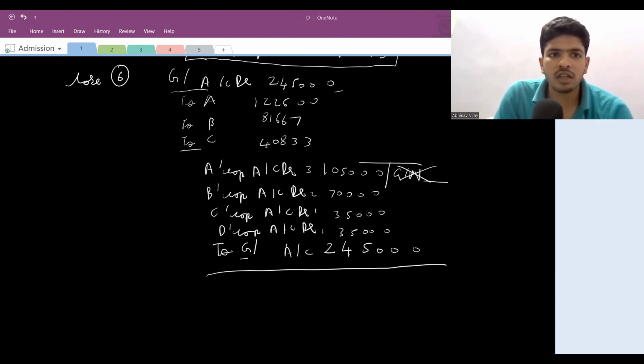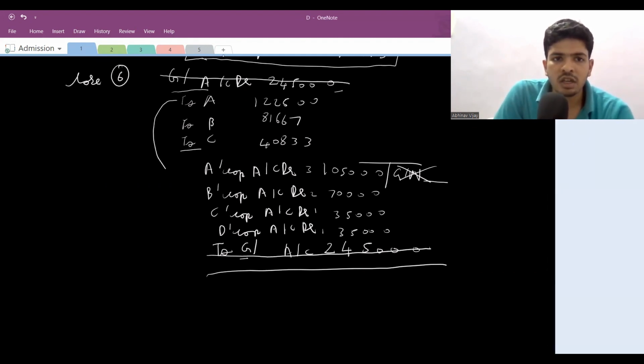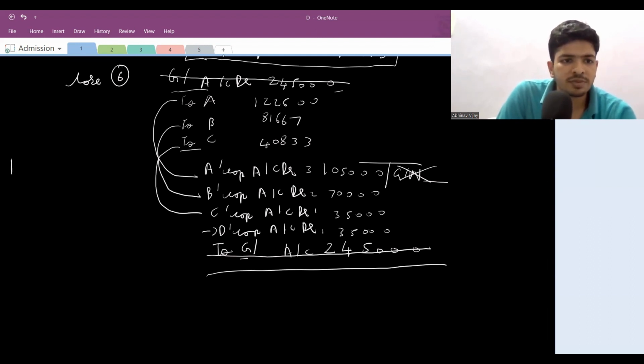I need to tell you another thing related to case number 6. So we already learned that this goodwill, when it's created, will be created by the old partners in the old ratio, that is in the ratio in which it was earned, and will be written off among the new partners in the new profit sharing ratio. However, when we look at it logically, this goodwill account which is debited and credited will get cancelled. And when we look at the net entries, A is credit and A is debit, B is credit and B is debit, C is credit and C is debit, and D is in the debit side. So basically the net entry is D's capital account debited